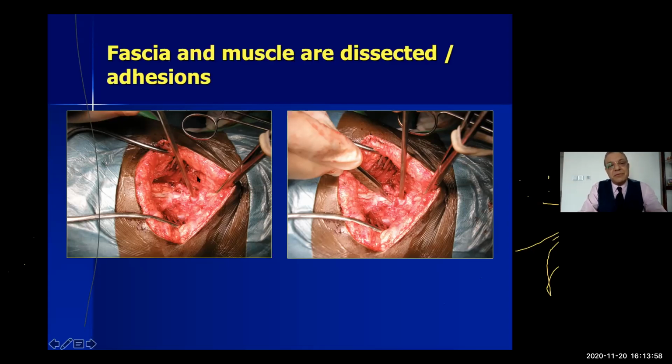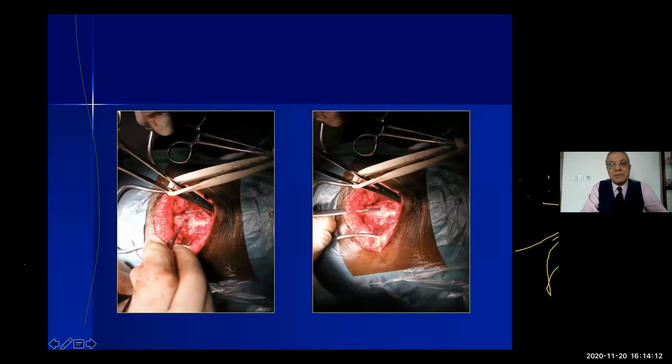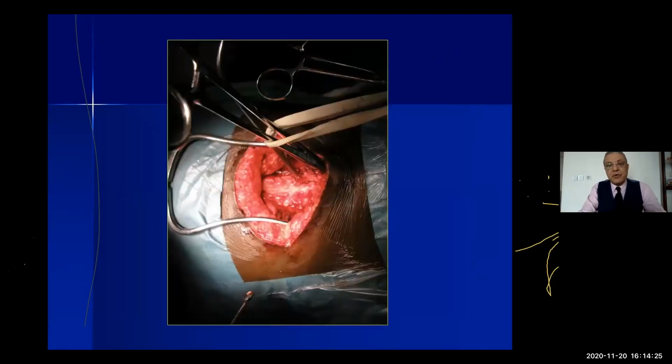I was barely able to get a sheath of the muscle here, and thank God, by the end of the surgery, I was able to close it to protect the cord. But you can see the dissection going up cranially and down caudally until we have a good plane, and we were able to explore the dura, or what is left of the dura from the first surgery. And the next step, of course, after good identification of the dura,